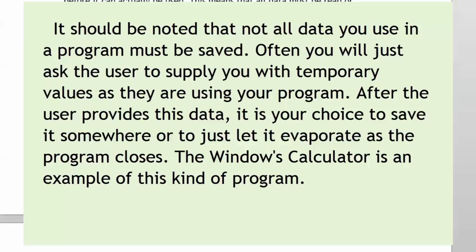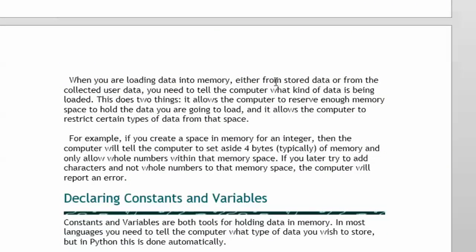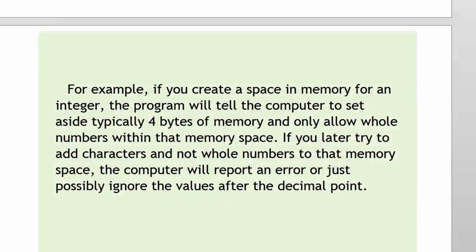In fact, our assignment this week is going to be doing something very much like that. Now, when you load data into memory, either from a stored data file of some type, or just data that you collect from the user by using an input command saying, what would you like to put in here? You need to actually tell the computer what type of data is going to be loaded. The reason for this is in the memory chips,